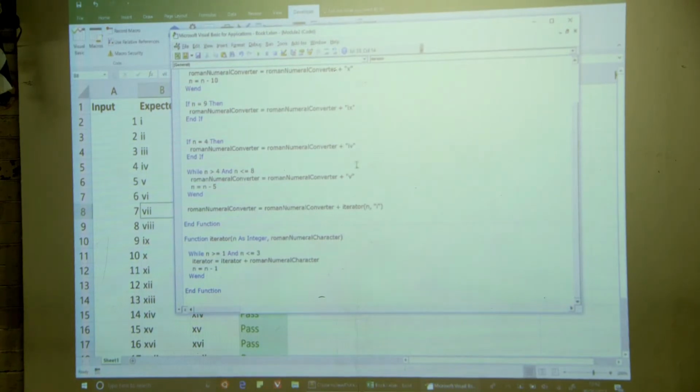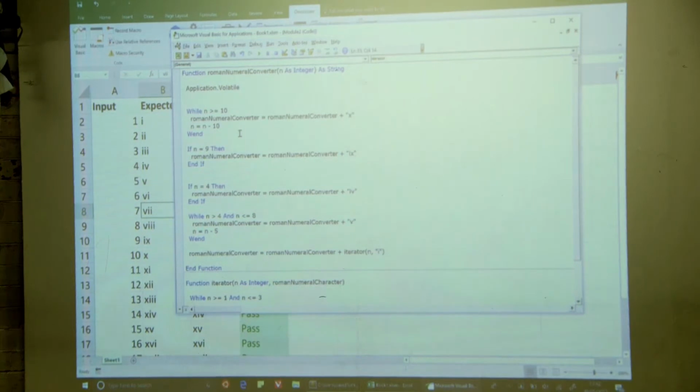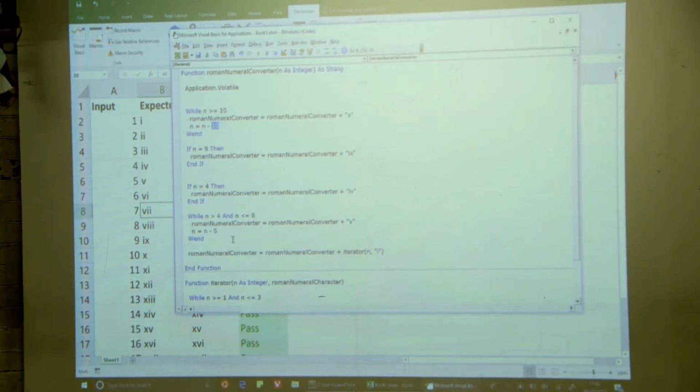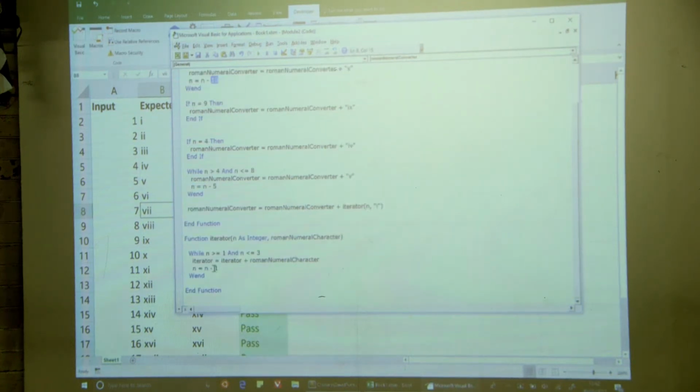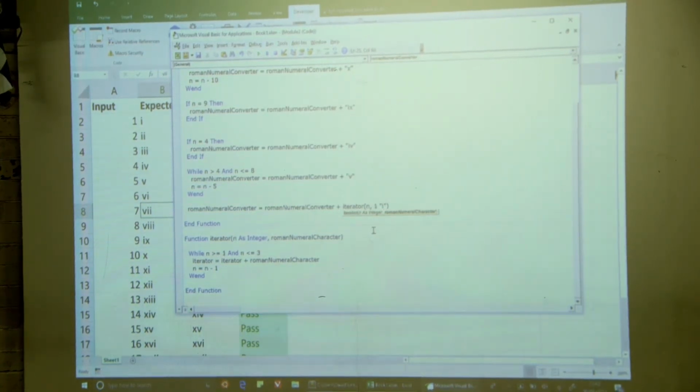So now I think we're getting to the point where we might be able to do this here. So here we can say, oh, well, I actually need the boundary. So I've got a number 10 here, and I've got a number 1 here. So let's just factor out that bit of code as well. So boundary, no, sorry. So for the I, the boundary is 1. And